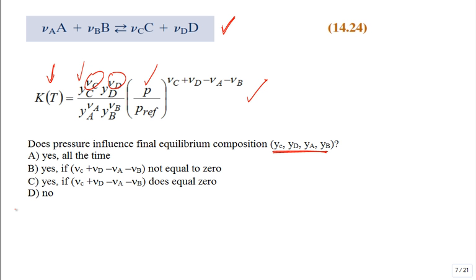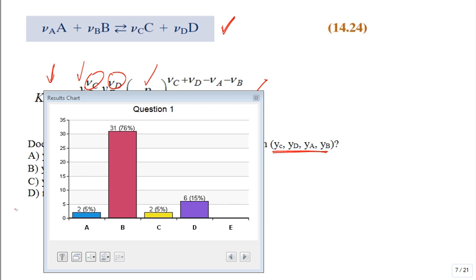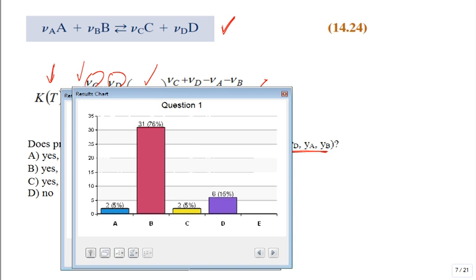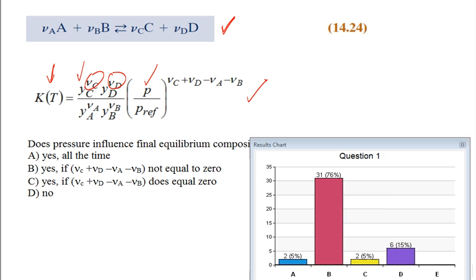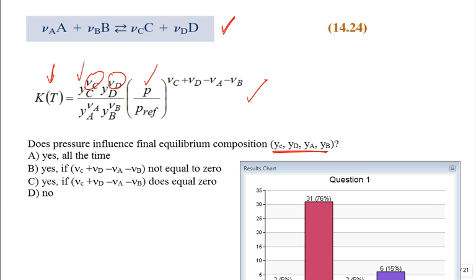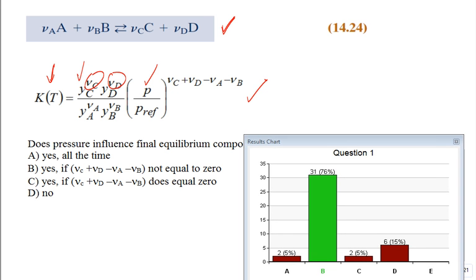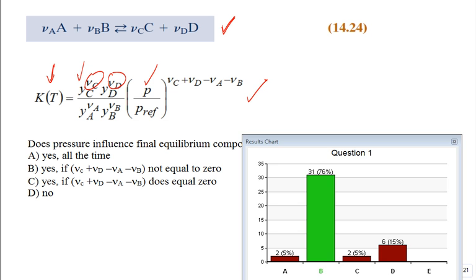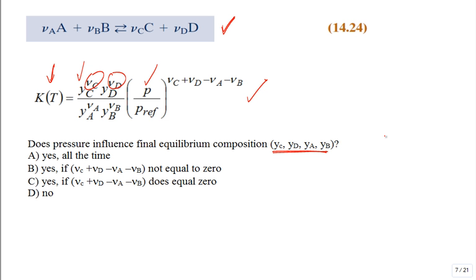So are we all in? I'll shut it down and we'll show the results. And the results say, you're right, it does say B, which is pretty good. Now, let me get the right answer here. So B is the right answer, and we get rid of the results. Now, explain that to me, Professor. Well,